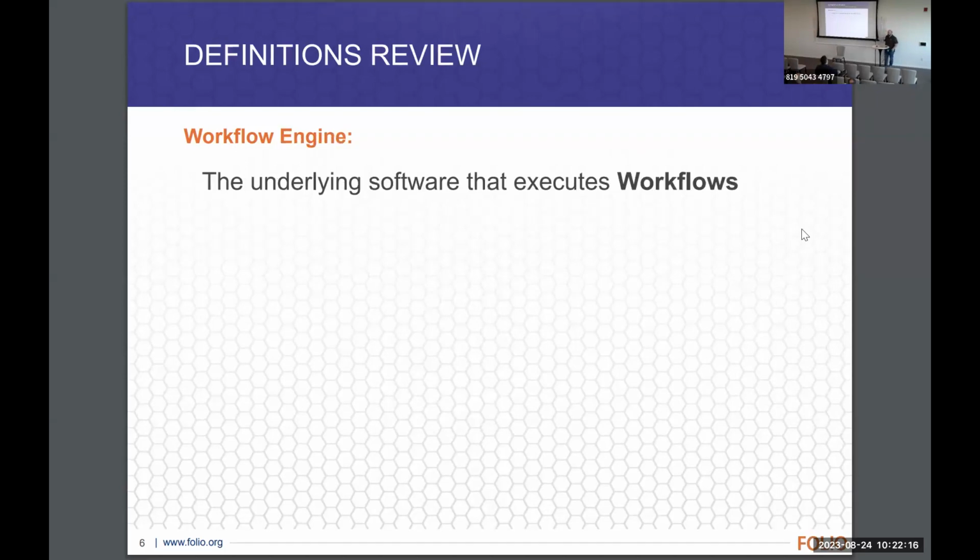And then finally, workflow engine is the underlying software that executes the workflow. It's the software that's running in the background that's advancing workflow from task to task and step to step. And there are a lot of different workflow engines on the market. The specific one that we have dived into for the proof of concept is Camunda, but I am aware that